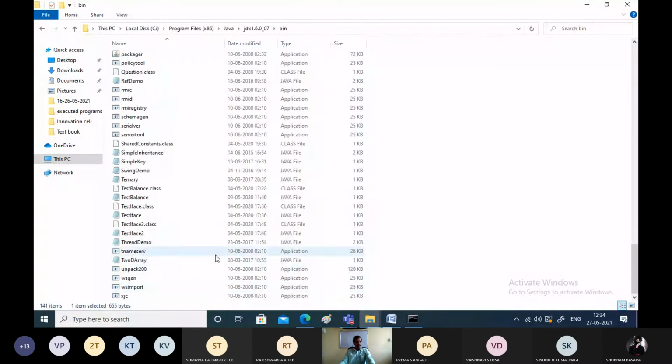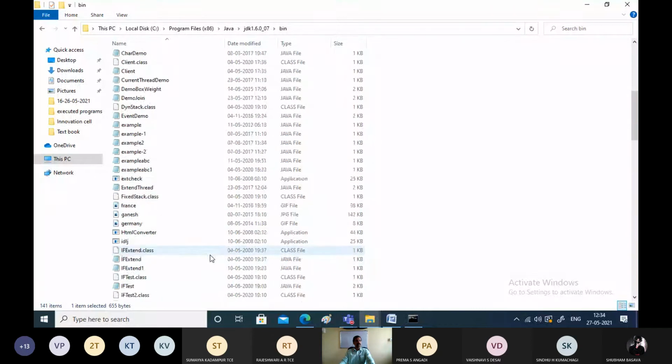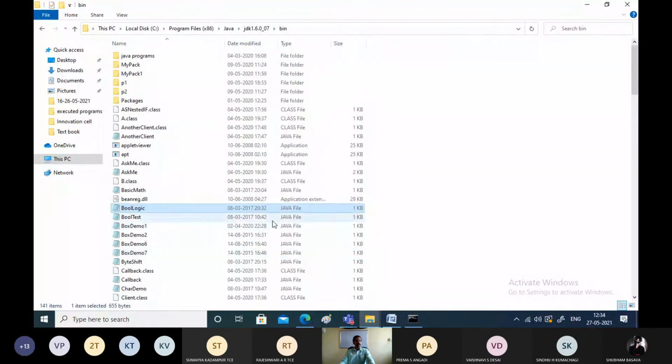I would have shown you the bytecode, but it's not getting compiled here. For this, I need Windows 98 or 2003; it is not supported in Windows 7 or 10. Okay, that was the first concept, the first program.